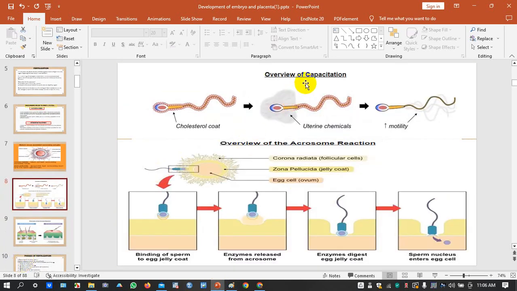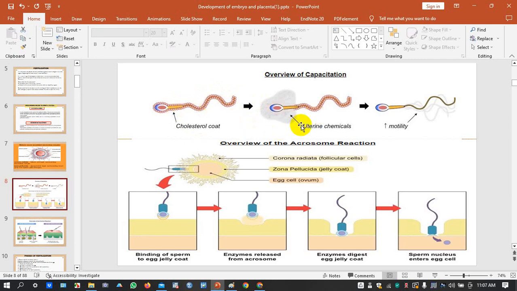Okay, so overview of capacitation. How is the sperm capacitated, or strengthened or activated, to be able to move freely and also energetically in a rapid linear progression? Let's see. So there's a cholesterol coat around the